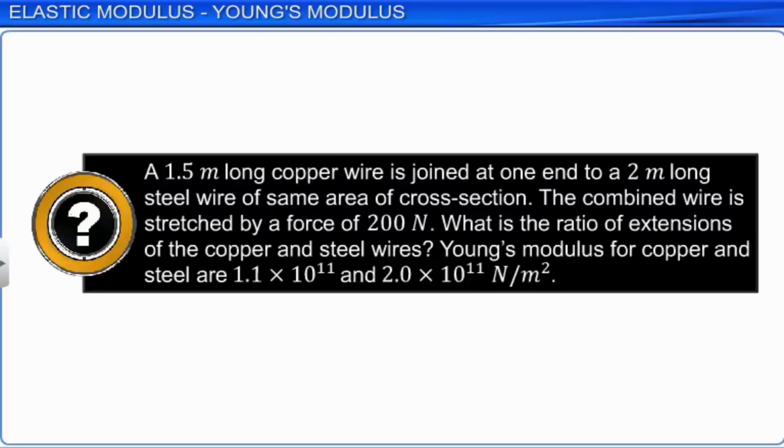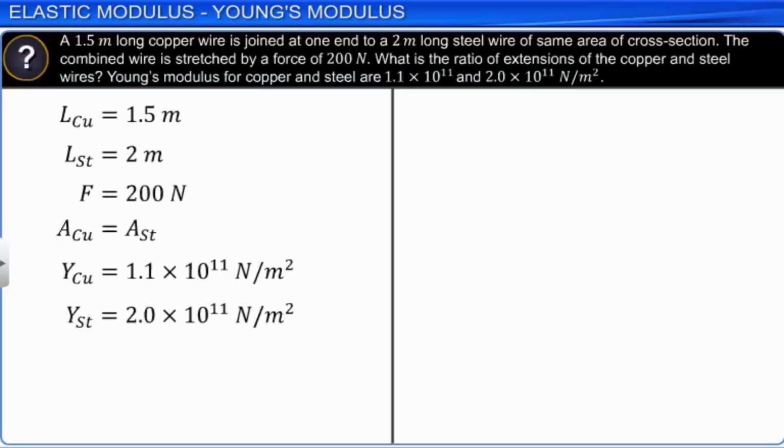The values given in the problem are the original lengths of the two wires, the load, and the Young's modulus for each material. We write the expression for Y for the copper and steel wires. We divide equation 1 by equation 2 and cancel out the equal values of the areas of cross-section and the force